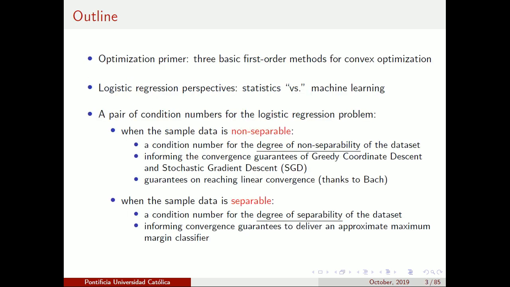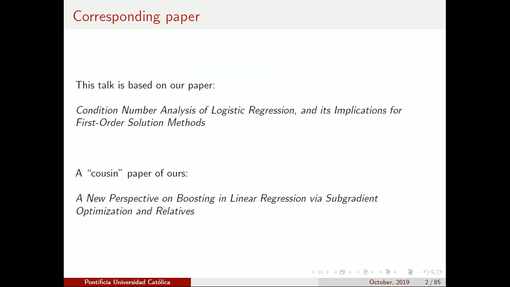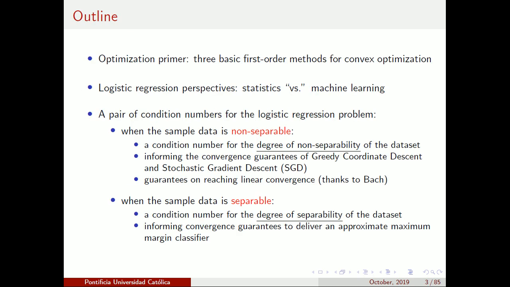Okay, so we have a paper on this, and I say here we have another paper, which I call a cousin paper, because this is all part of a thrust that Paul Grigas, Rahul Mazumdar and myself have been doing to try and strongly connect what's going on in modern statistics and big data with the field of optimization. And so this is part of a fairly broad agenda to see how optimization can inform 21st century statistics. Okay? And so here's an outline.